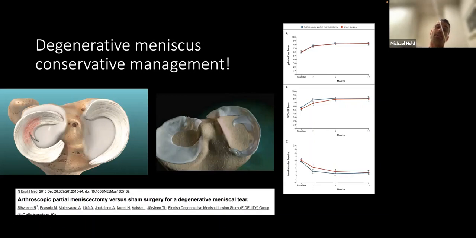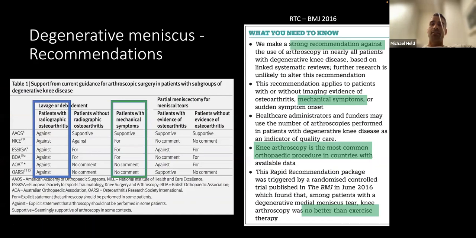And obviously it broke a lot of surgeons' hearts, because meniscal debridement is basically the most commonly performed orthopedic procedure in the world. It's like the bread and butter, and then these people are telling us we can't do it. And that's why, there's another randomized controlled trial that was published in the BMJ in 2016,